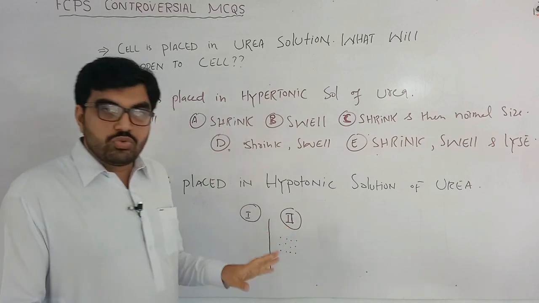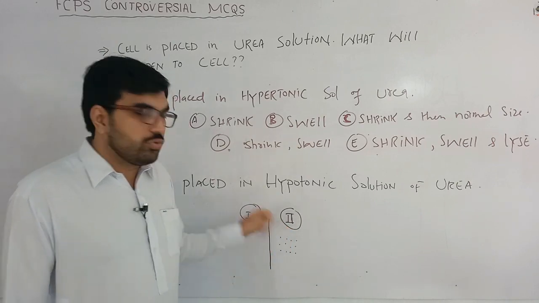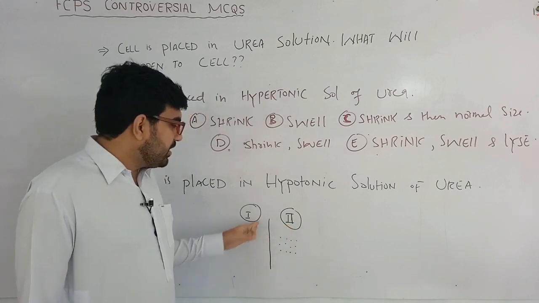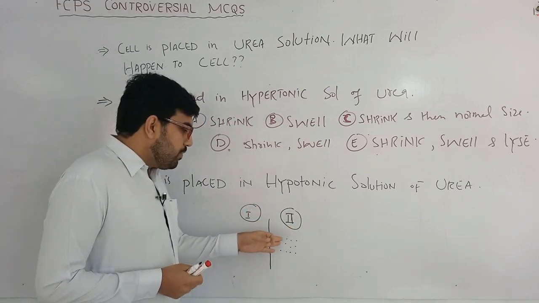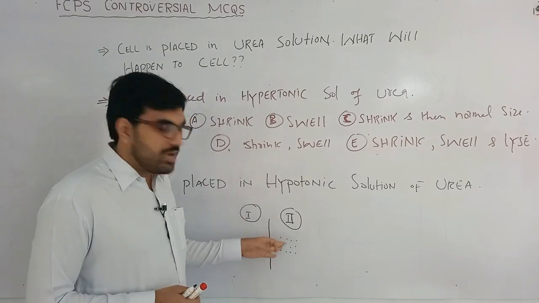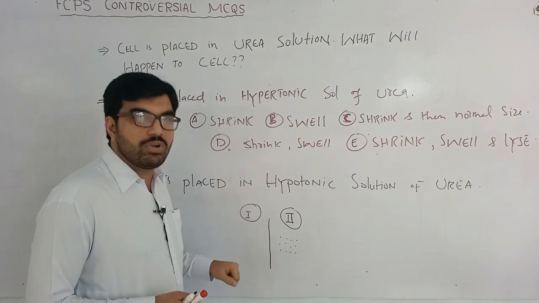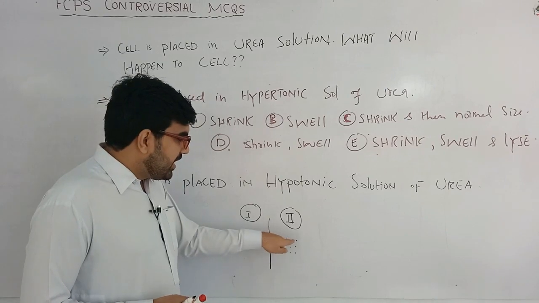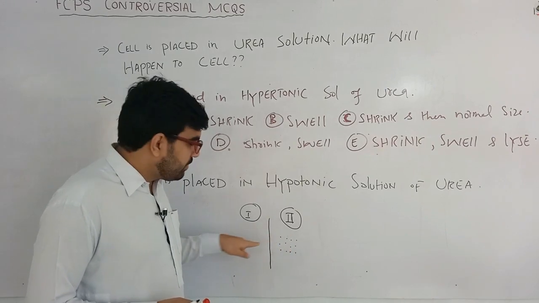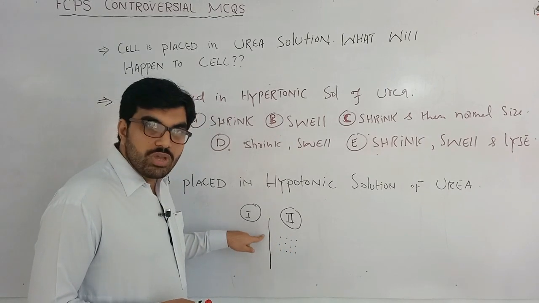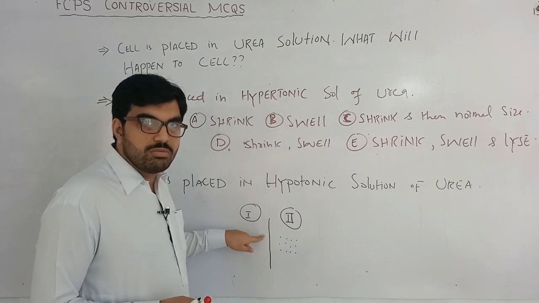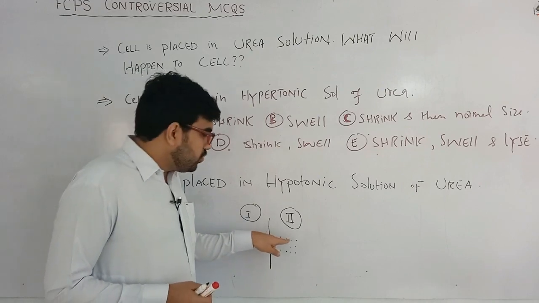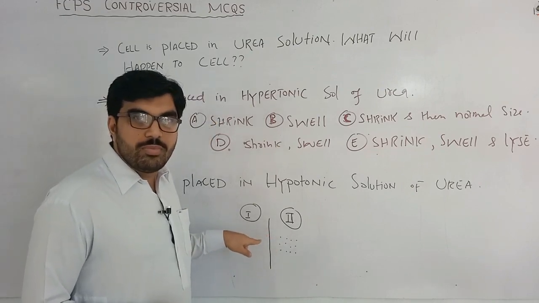Now, if you take two solutions, solution 1 and solution 2, both separated by a semi-permeable membrane, and you put urea molecules in one solution, what will happen? The nature of urea is that it crosses the semi-permeable membrane. We already know that the cell membrane is a type of semi-permeable membrane, so it means urea crosses the cell membrane freely